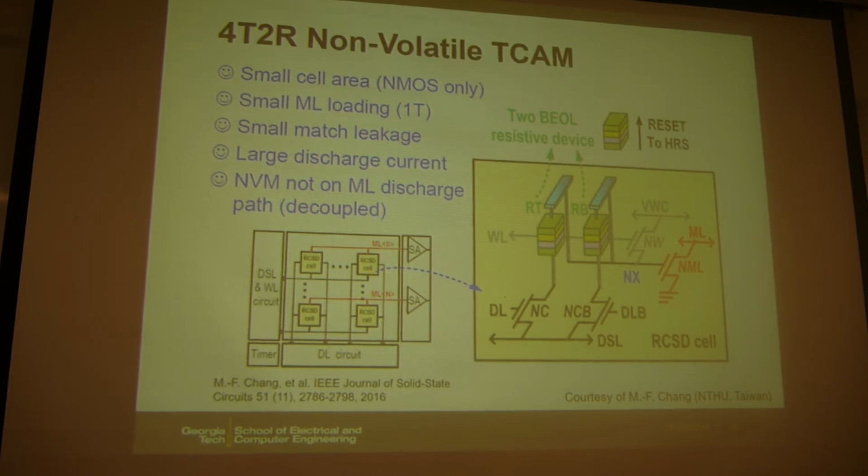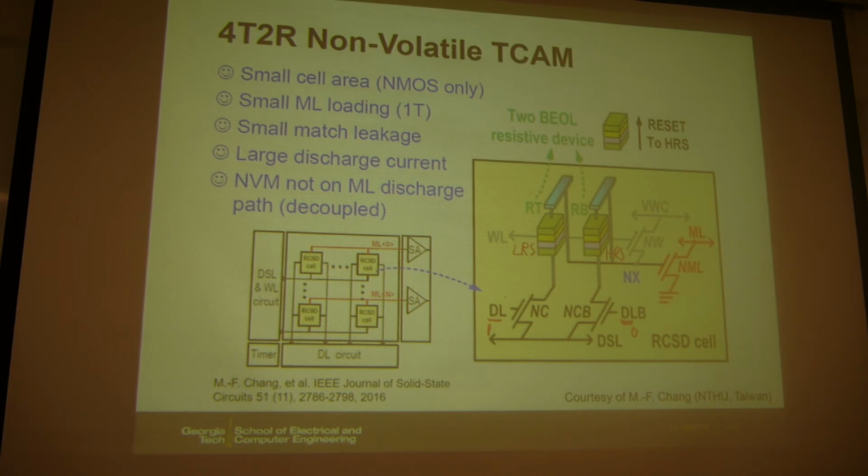Those are controlled by the search bit, or your data line. This is the data you want to search. So for example, if this is 1, this is 0. And then you can program your memory cell state. So here, if it's in, let's say, the low resistance state, this one is in the high resistance state,